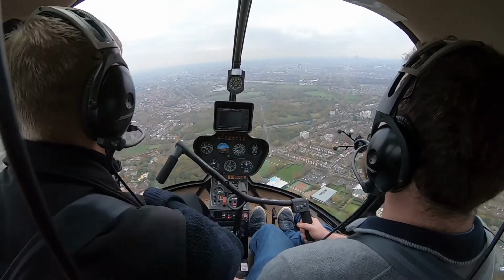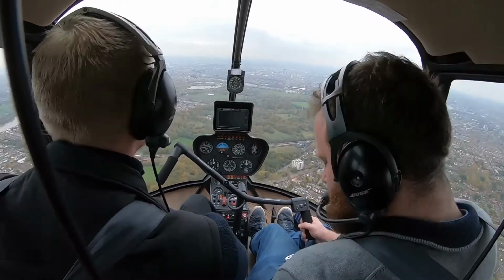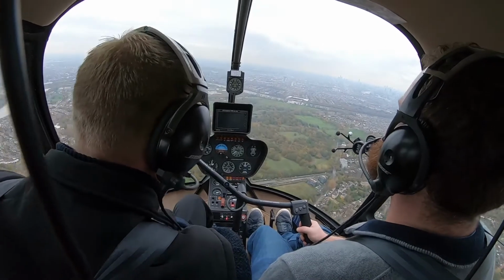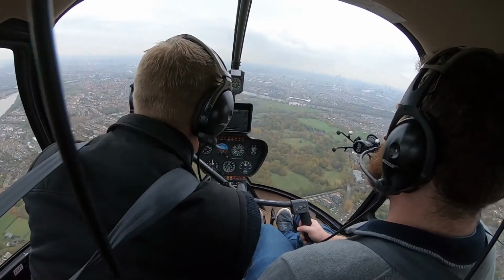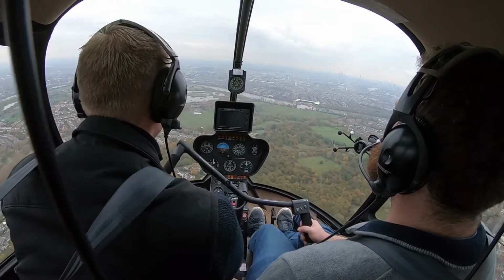Arm your floats for me now, please. This is where we arm. Arm. Good. And you got them ready. Right. Quick check, all lights are out, all gauges are green. We're going to do this because we're about to go over water. The floats are armed. We've got 134280 if we need to go to